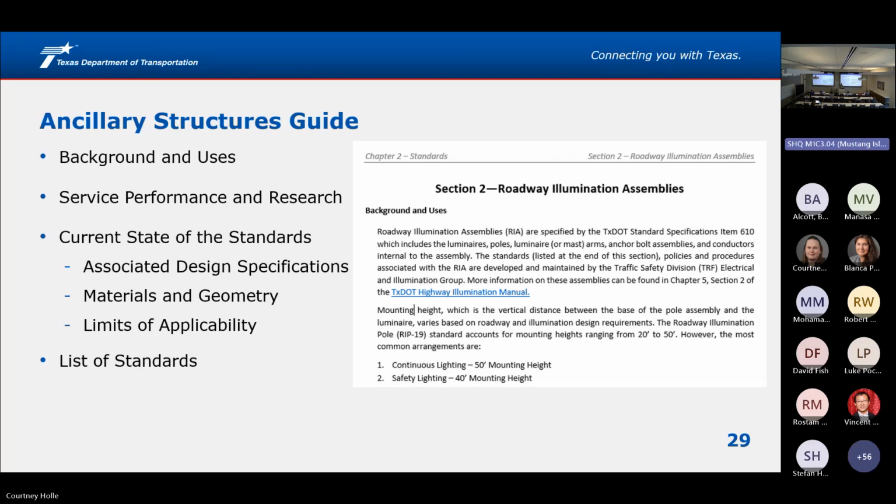And just to let you know, internally within TxDOT, we've created the narrative one, and a lot of that is for us to document things. We did lose a lot of knowledge when Tim Bradbury left. Before he left, he was kind enough to let us pick his brain and get as much information as we can. And so we documented that. So we have all that written down. We're still going through and editing, but it's one of those things as to what do the consultants need? We needed to document it so that we know the logic behind what we did, where we are and where we're going.